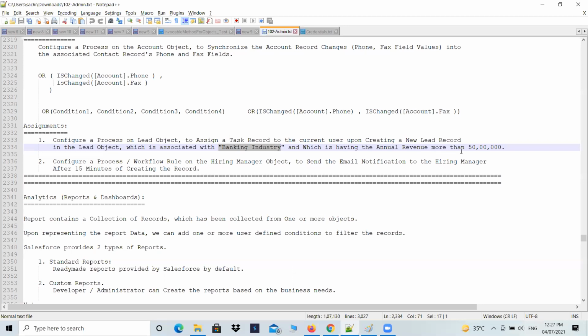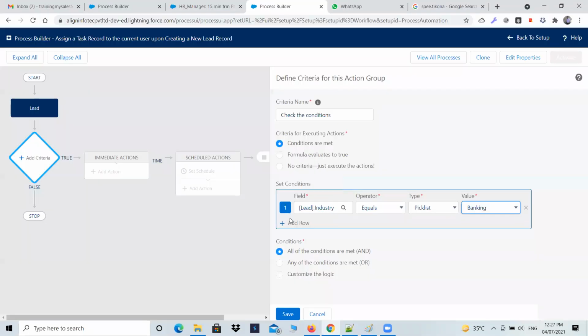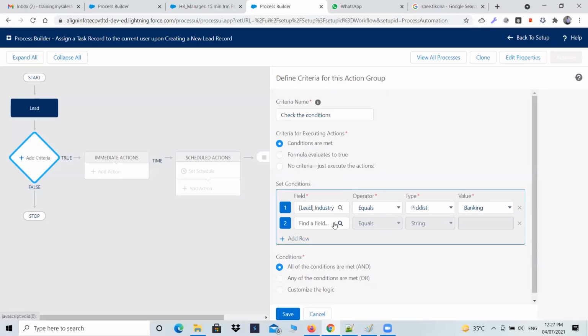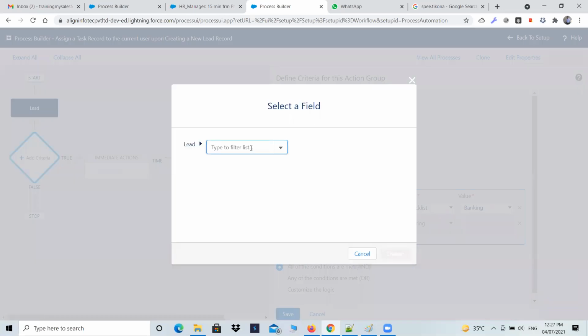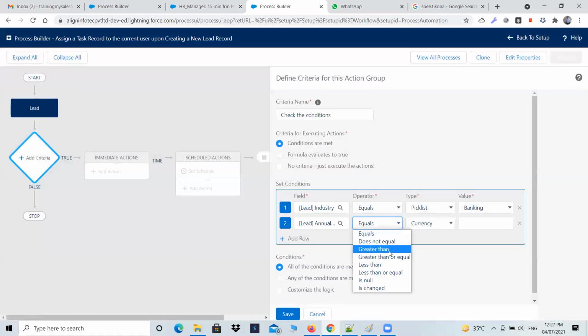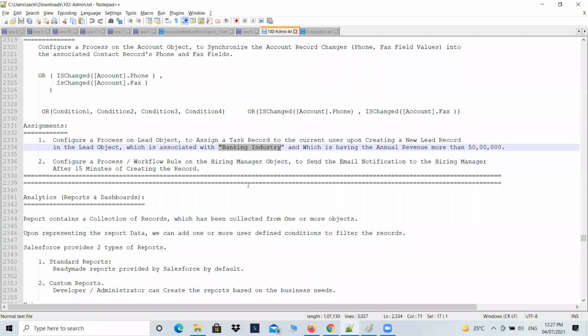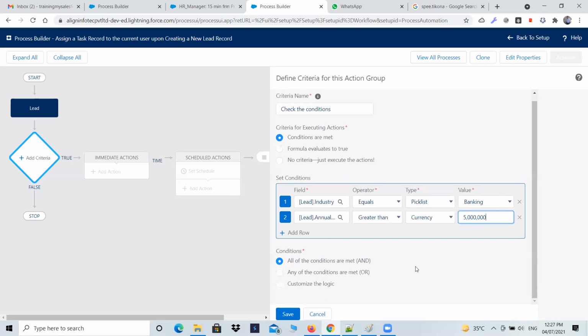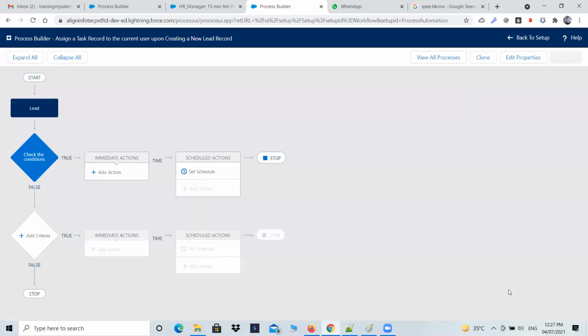दूसरा क्या है, एनुअल रेवेन्यू शुड मोर देन 50 lakhs, ठीक है। ओके, ऐड वन रो ओवर हियर, मेक दिस एनुअल रेवेन्यू। एनुअल रेवेन्यू सिलेक्ट करो, should be greater than currency, what currency is 50 lakh, 10 lakh over this, ठीक है। So these are the two conditions mentioned in the use case, तो मैं उसके हिसाब से गया, ठीक है। Now let me go and save this, now add the immediate action।